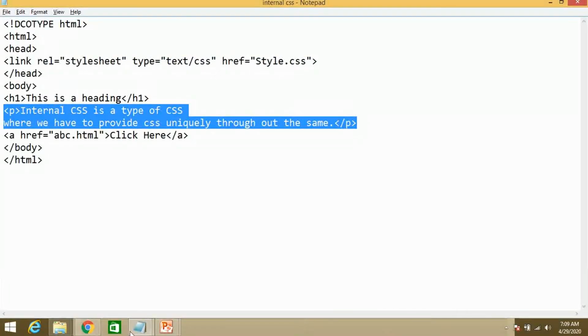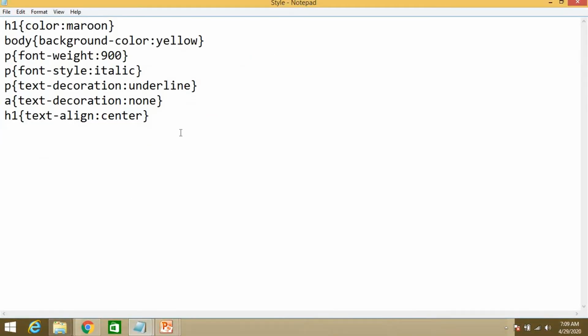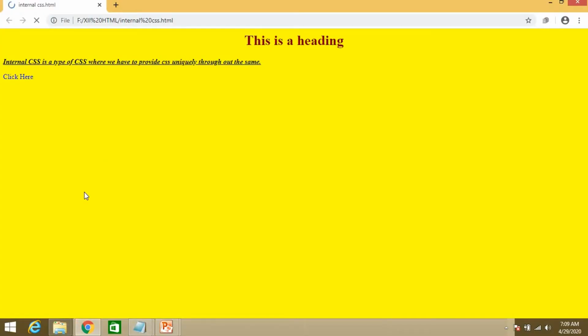Just write down in the CSS part p, that is how I'm applying it on the paragraph. Let's see the effect. Control S, and execute this. So this becomes Arial now.